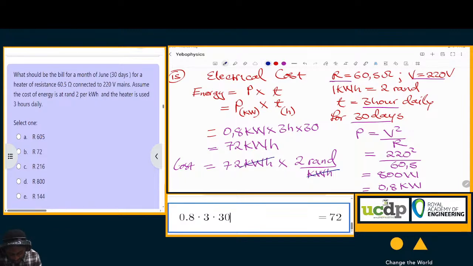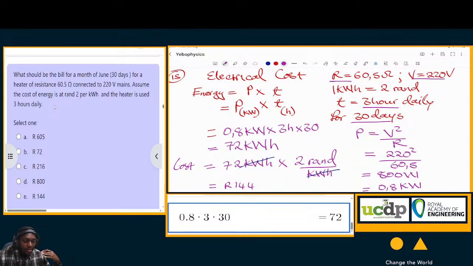You remain with 72 times 2, which is 144 rand. So you can see you've got an option for 144 rand that you have there. So that is essentially how you'd go about that calculation for determining the total energy used in kilowatt hour,